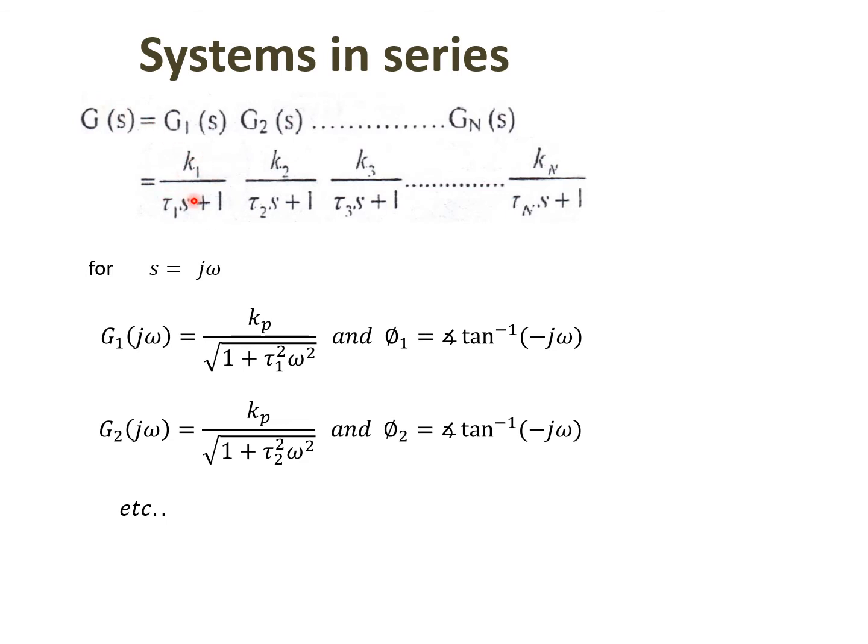You can do the same when you have systems in series. In this case, for first order systems in series, you do it separately for s equals j omega. For the first order G1, this is the amplitude ratio and this is the phase lag. For G2, this is the amplitude ratio, this is the phase lag, and so on. If you want to get the overall amplitude ratio for the transfer functions in series, just basically